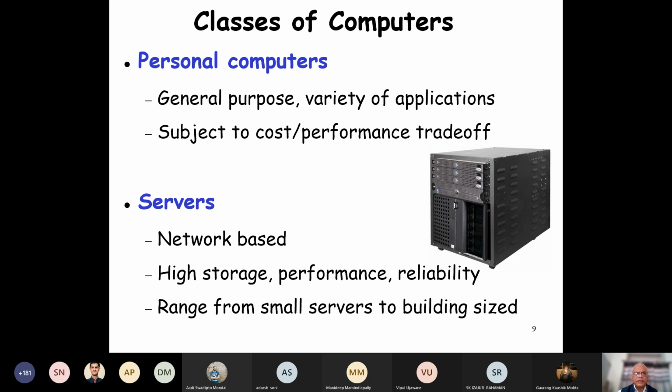The servers provide service, maybe file service, maybe email service, maybe application service, and so on. So compared